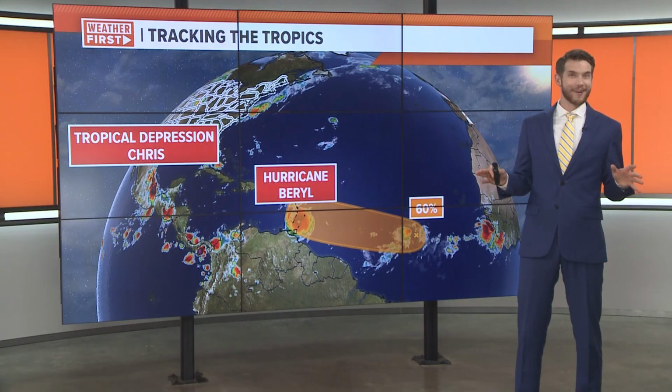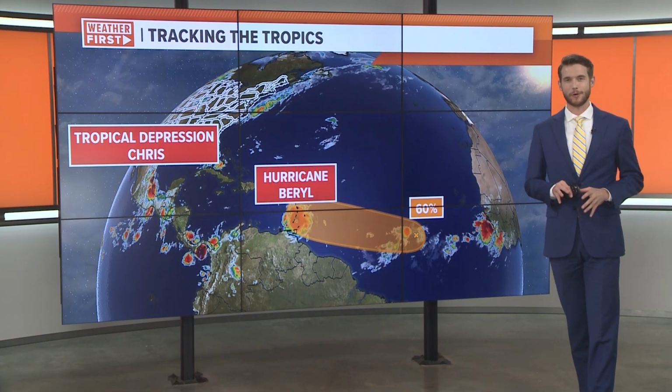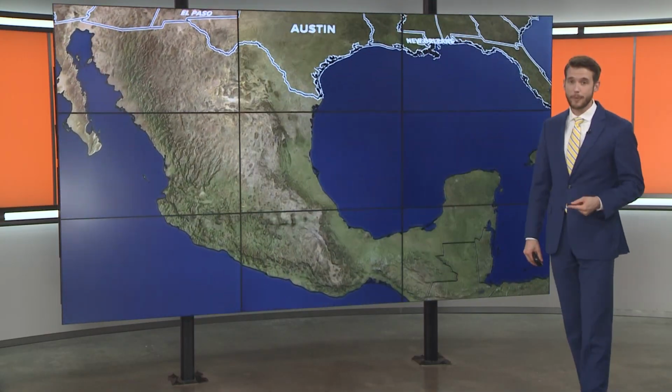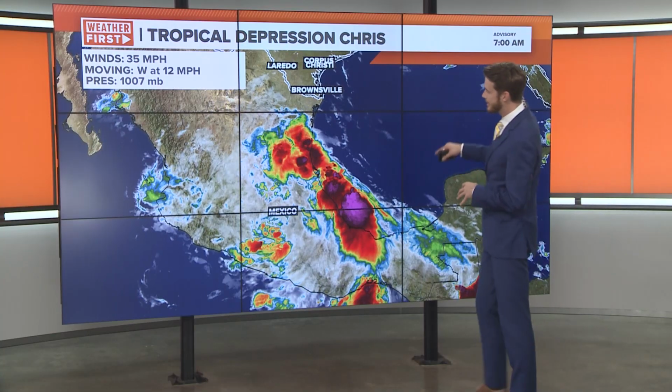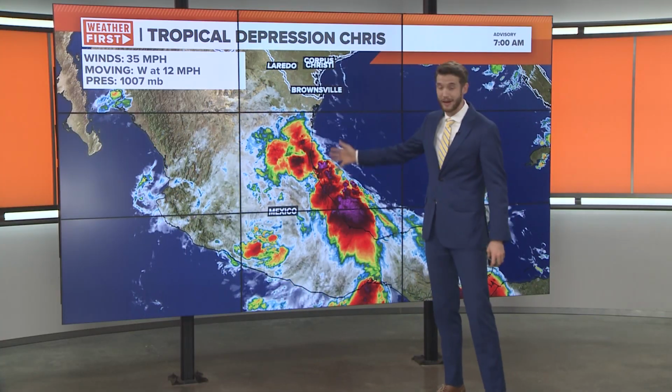A lot went on over the weekend and we continue to monitor several different disturbances throughout the tropics. So let's go ahead and start from west to east. First, we're going to start with now Tropical Depression Chris. This was Tropical Storm Chris late Saturday or Sunday into early Monday morning. Now it is downgraded to a tropical depression as it's moving further inland into Mexico, not bringing any impacts to us, but this area of Mexico and eastern Mexico specifically has just been walloped by different tropical disturbances so far